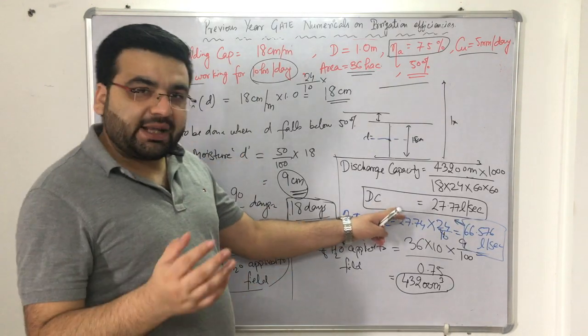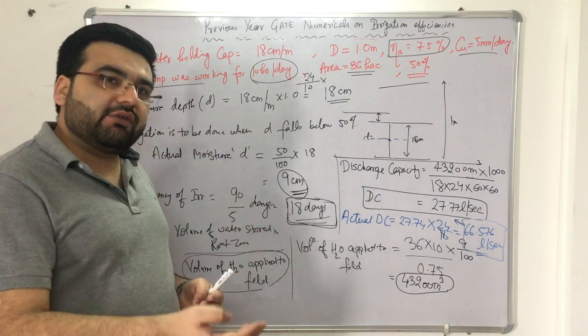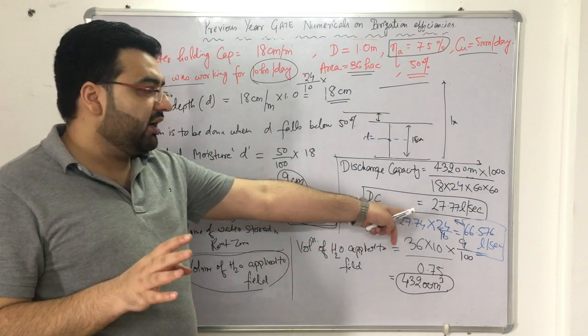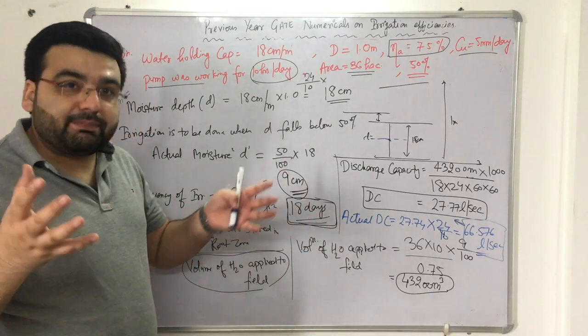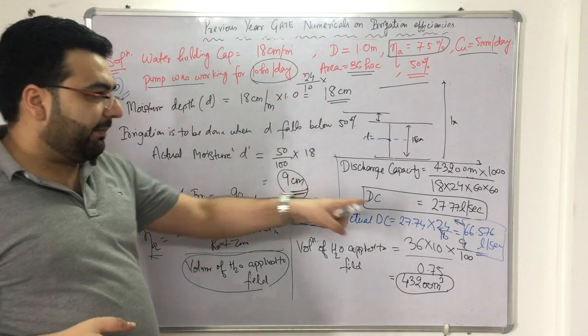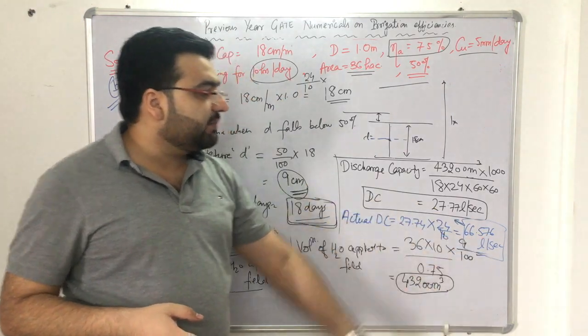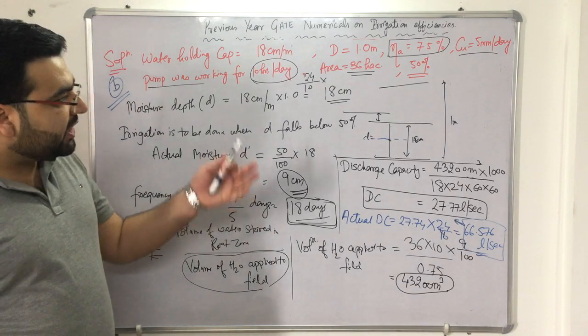Then I have to calculate the discharge capacity, but the pump is just working for 10 hours, right? If it had been working for 24 hours, then this would have been the correct option. But now it is just working for 10 hours. It means that I have to install a bigger pump, whose discharge capacity is 2.4 times the previous discharge capacity, right? So the actual discharge capacity, 66.576, is the correct answer. Okay, so I hope that you have understood this.